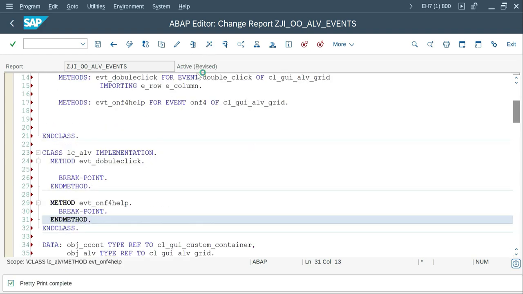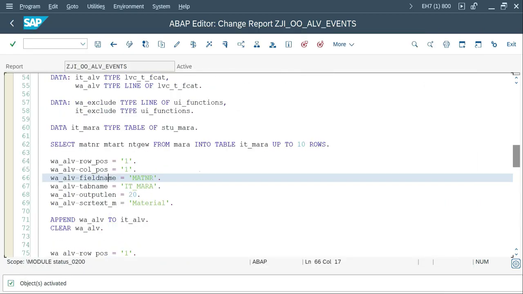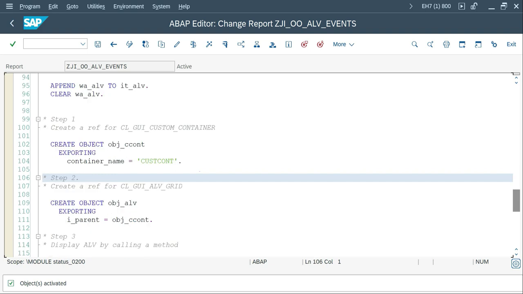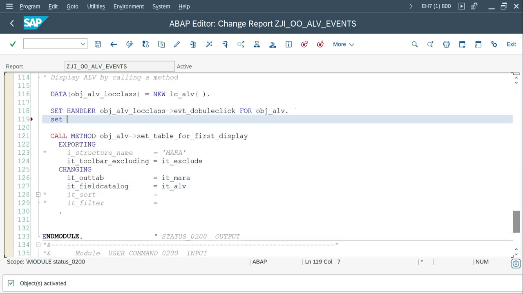Back toward it. I'm sorry, the registration is missing. I need to register this event. So go here. Obviously that is also better before you display your ALV. So it needs to be called with the method of the local class, with the object of the local class, and then